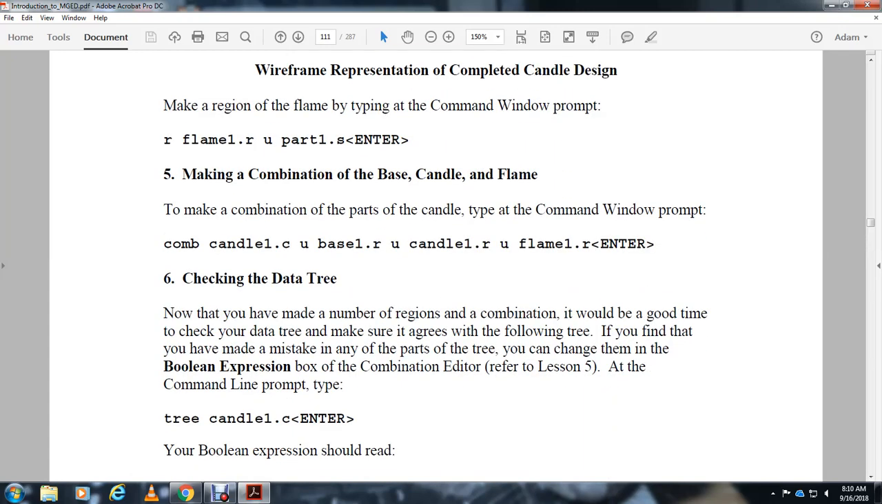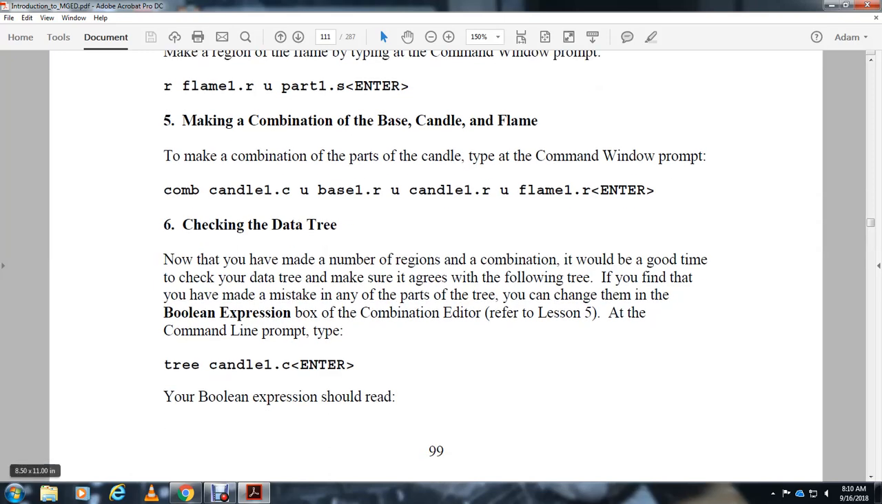Now that you've made the region combination, it would be a good time to check the data tree, to make sure you agree with the following tree. If you have made a mistake with any of the parts of the tree, you can change them in the Boolean expression or with the combination editor. At the command line prompt type: tree candle 1 combination. Enter. Your Boolean expression should read